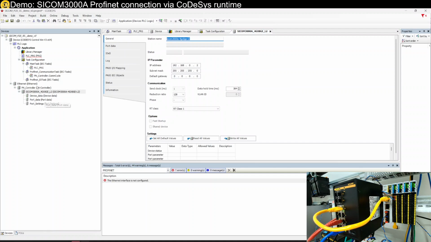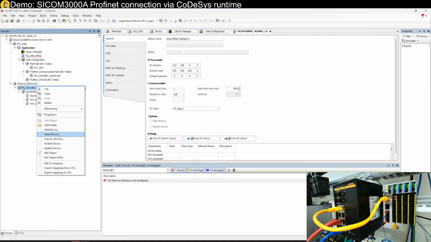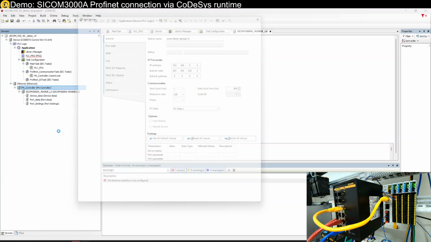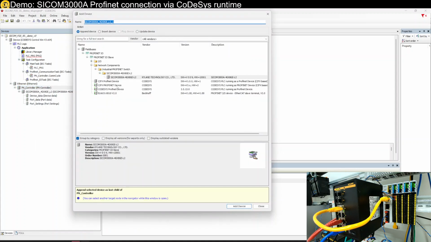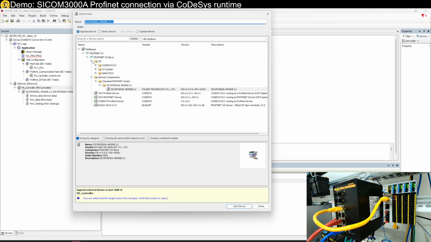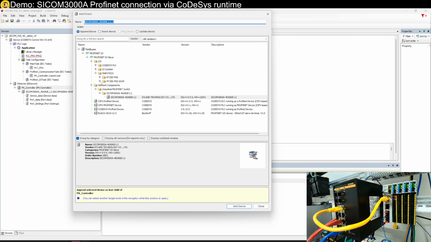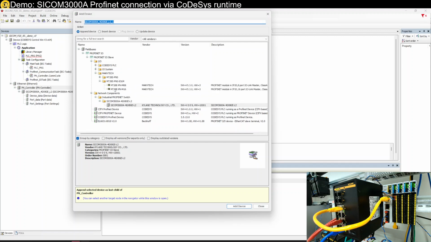Right click, and that device is actually the IO device over here, and I think it's this one, 16. By default it's already preset as